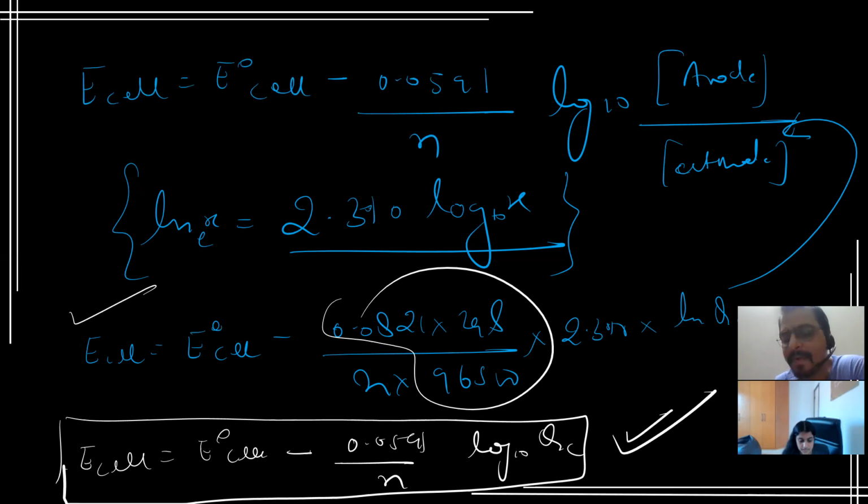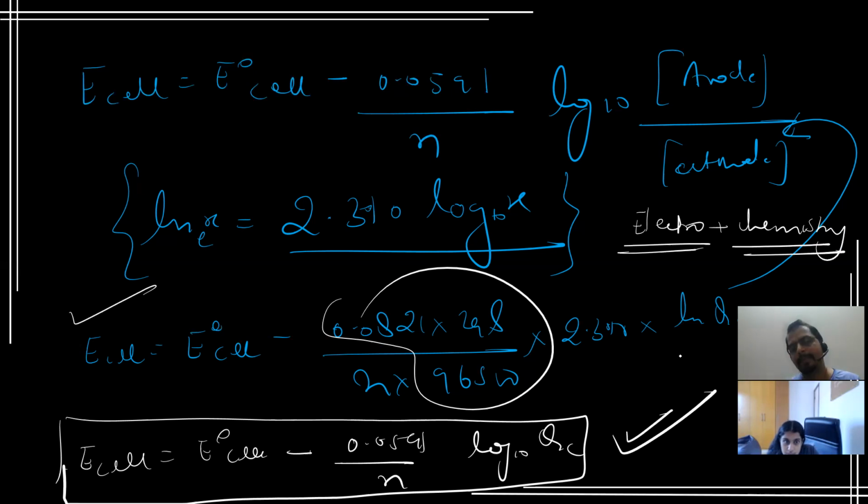Will we be finished with redox today? Redox is already completed. This is the cell part, the extension of redox. This concept is called electrochemistry, where electron and chemistry are both involved. If you want me to finish fast, I can go fast. I would just like to finish this today so that I can start my other topics next time.